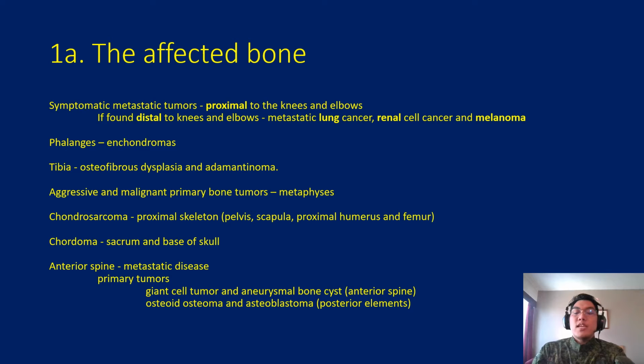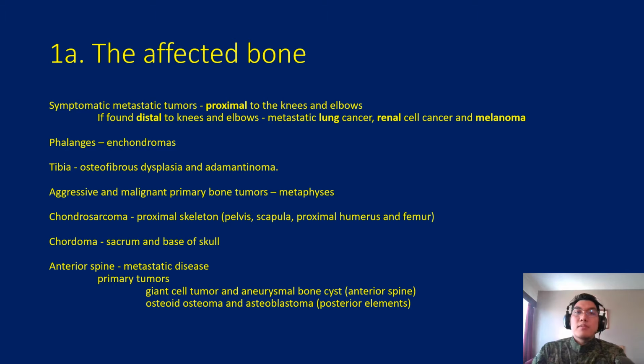The first question to answer is, where is the lesion? It is important because together with the age, it may give us clues on what we're dealing with. And here are some generalizations. Symptomatic metastatic tumors are usually found proximal to the knees and elbows. In contrast, if they are found distal to it, they are usually the result of metastatic lung cancer, renal cell cancer,